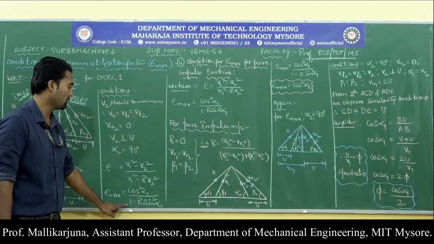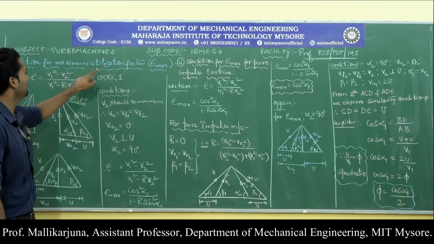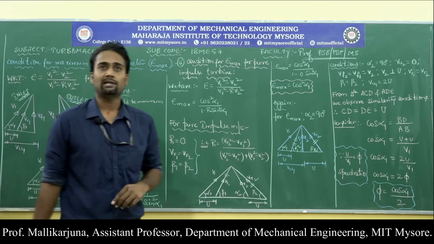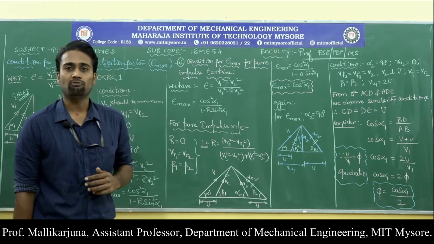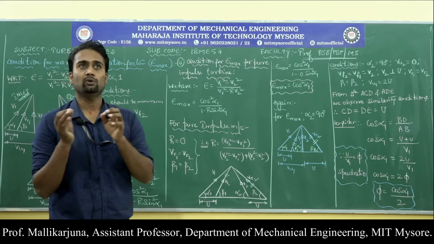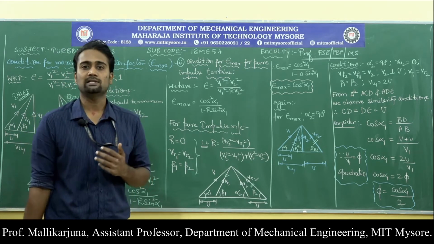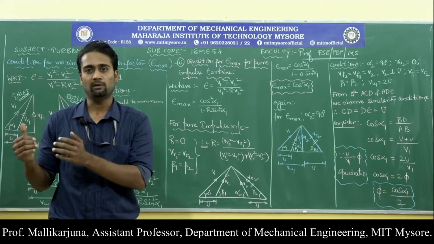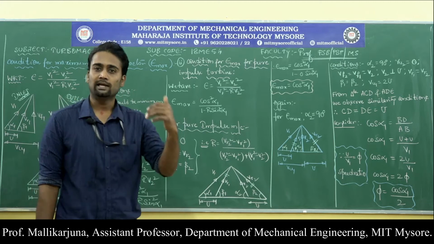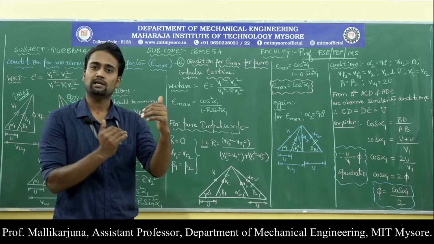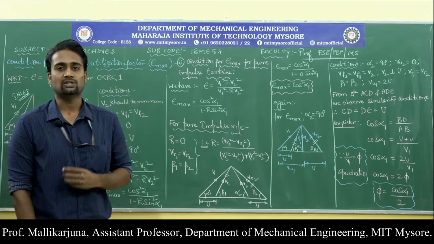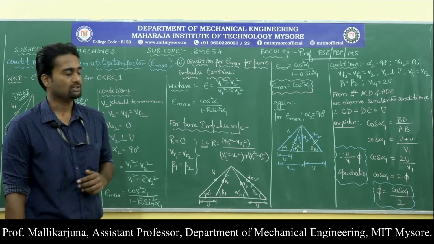Before going on to this, let us try to understand what is utilization factor. Utilization factor is defined as the ratio of energy utilized to the energy that is available. It is nothing but the form of output by input. Output in the sense energy utilized, input in the sense energy that is available. This ratio is considered as utilization factor in turbo machines.